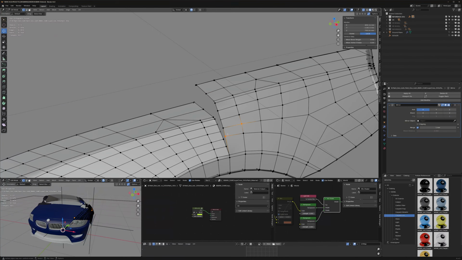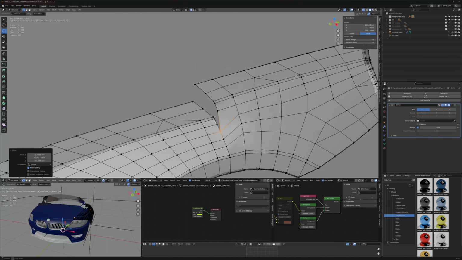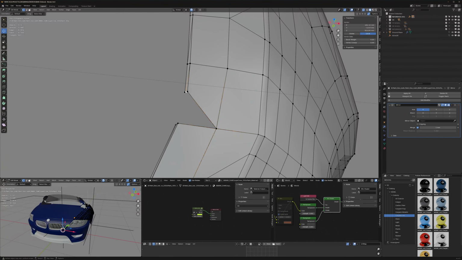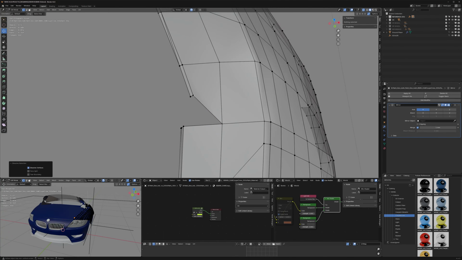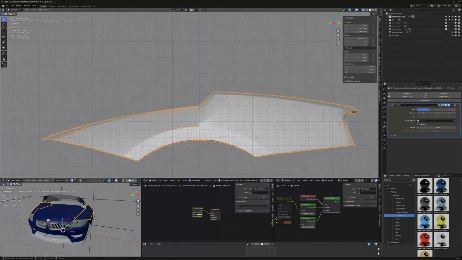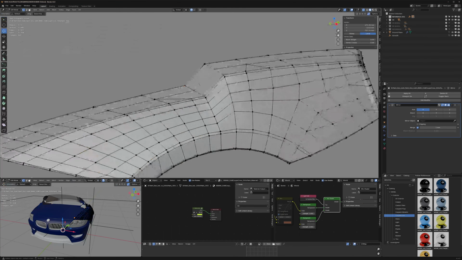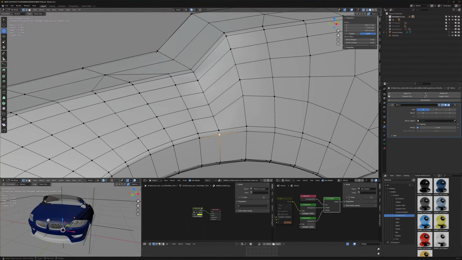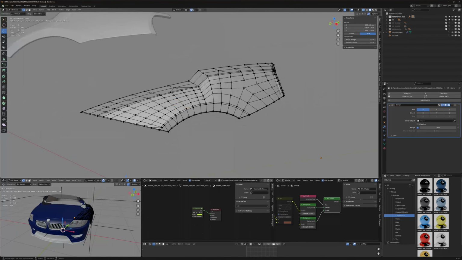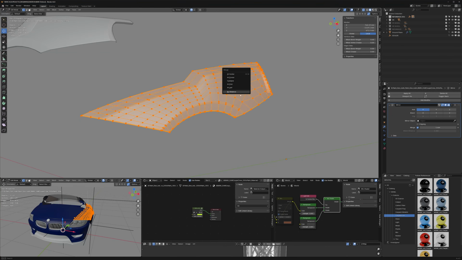And then what we're going to do here is we're just going to join these and then see how far off we are from the front to the back, or the back to the front. Let's grab those and merge those there. Okay, so not a million miles away. Okay, let's have a look. So what we've got here is a gap here between these here. So I think what we're going to just do is select all, merge by distance,